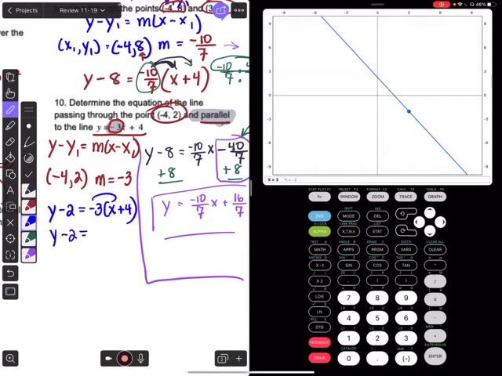Distribute, distribute. Throw your 2 over by adding it to both sides. All right, it's got the right slope. So these two lines have exactly a slope of negative 3, so they will be parallel to each other. And our line has a y-intercept of negative 10. And that is